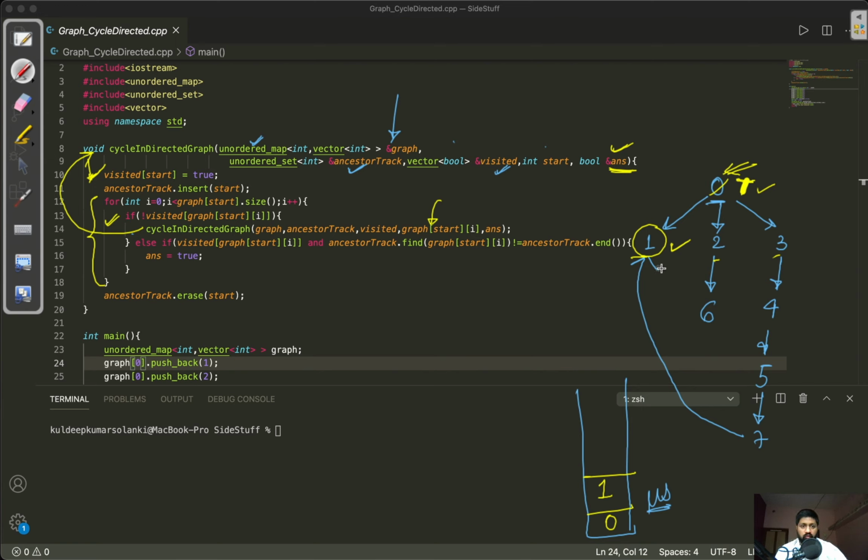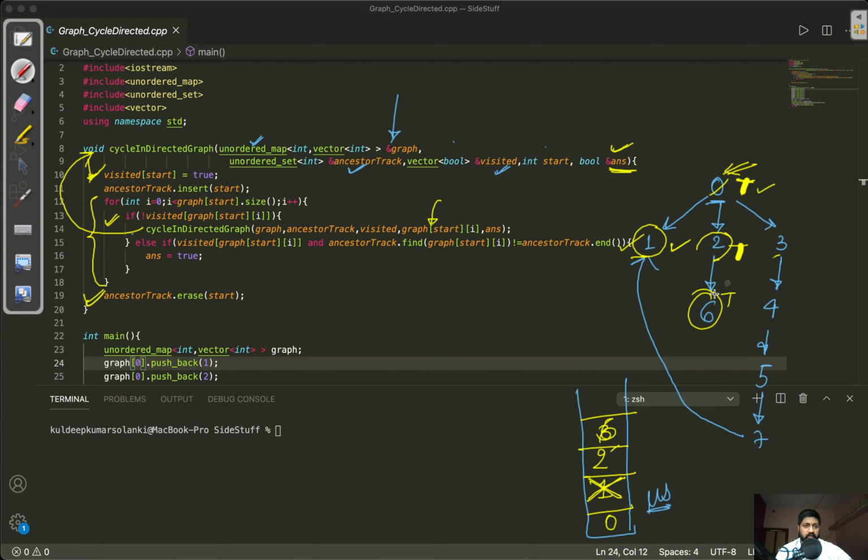Now for 1 there is no node left to be visited, so we will remove that from the unordered set because 1 is completely explored now. After that, likewise, we visit 2, then 6, put them into the unordered set, and make them visited as 2.